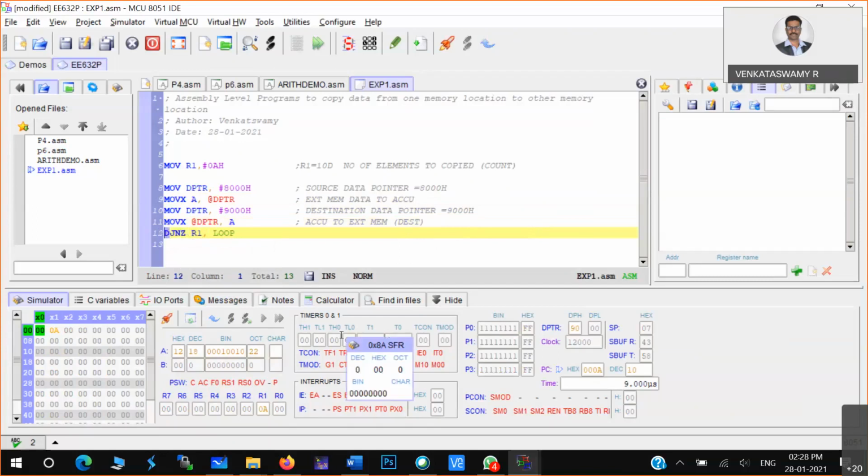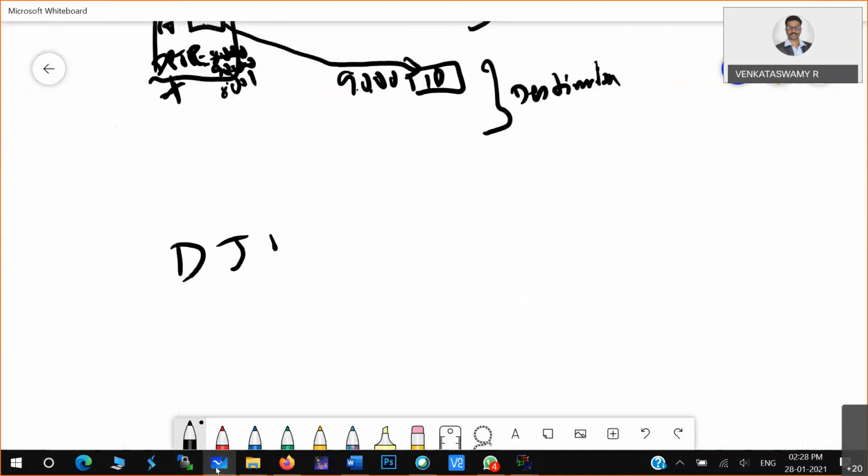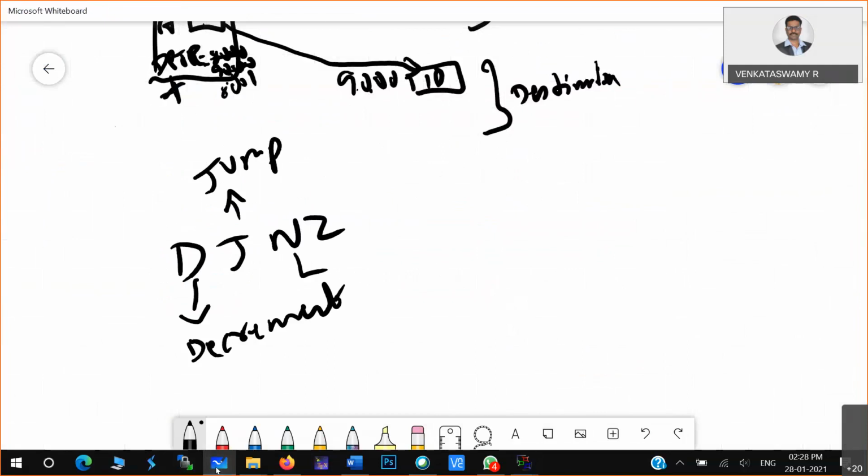This instruction is DJNZ, and it will be used many times. D means decrement, J means jump, NZ means no zero.